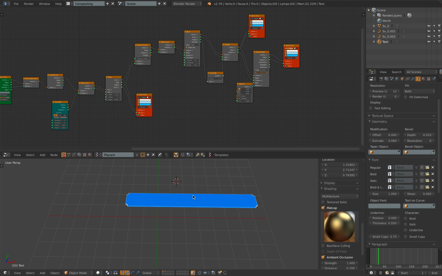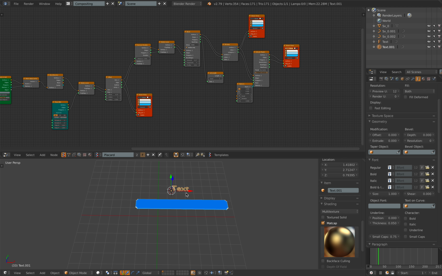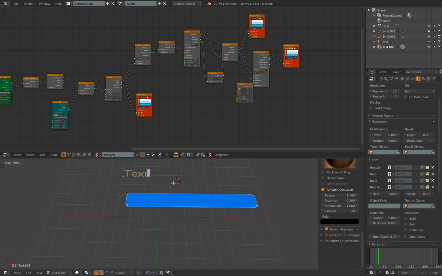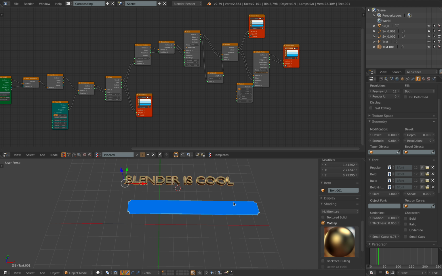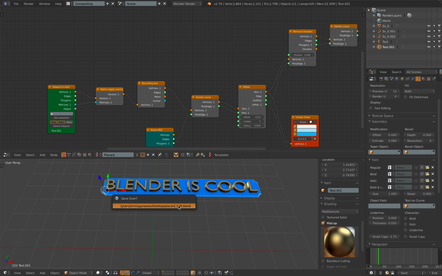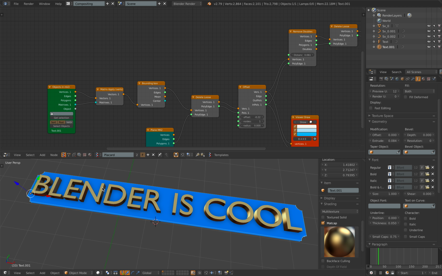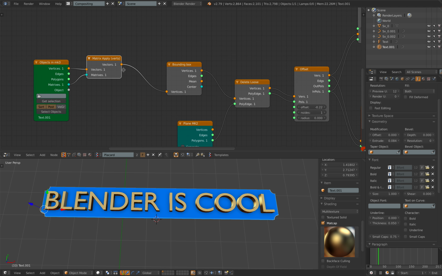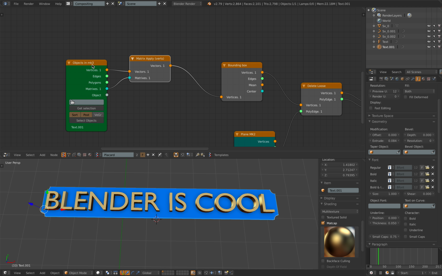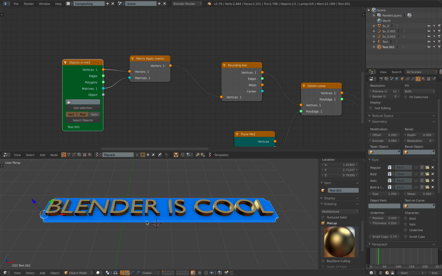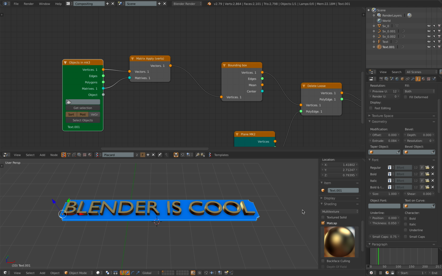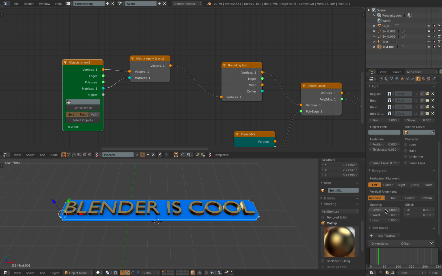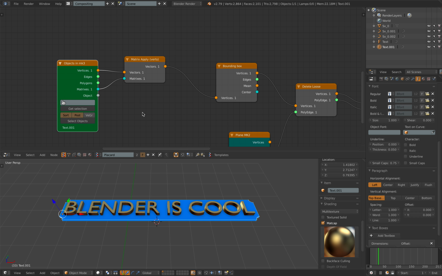So again, if I just go to layer number 1, I just write Blender is cool and give it some extrusion, and then get the selection. This will actually always look at the bounding box of the text. This is why I have this. First of all, I'm applying the transform of the text. So no matter if I scale it or make the text smaller or whatever, it will always understand that. No matter if I make it thicker or whatever,